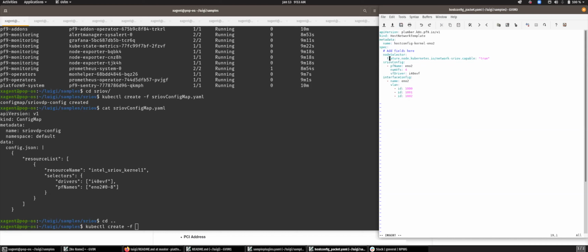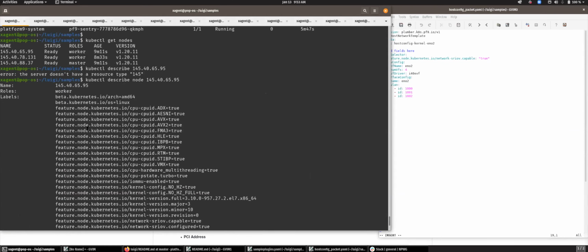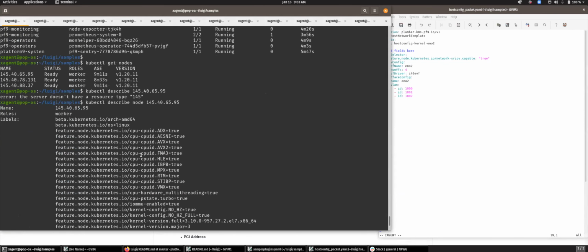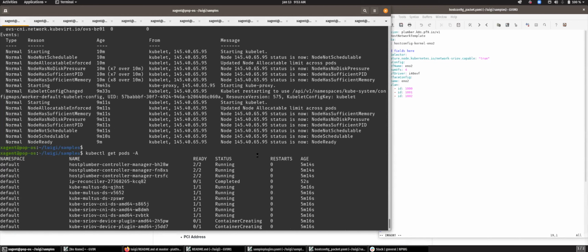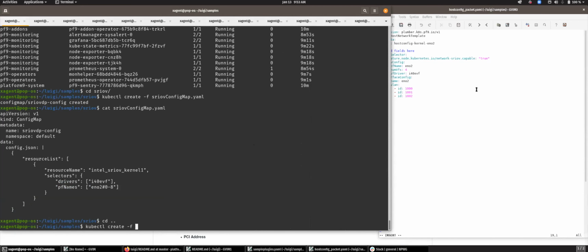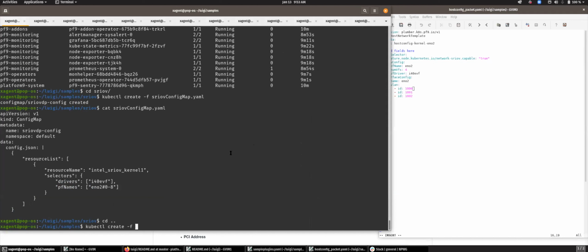As I mentioned, I'm going to leave this node selector on there so it doesn't try to do this on my master node, which is not SR-IOV capable. As I remember, I showed the describe node output up here earlier, and this node is one of my workers where I have enabled SR-IOV, and master does not have it enabled in the BIOS. So it wouldn't make sense to apply this config template on that node.